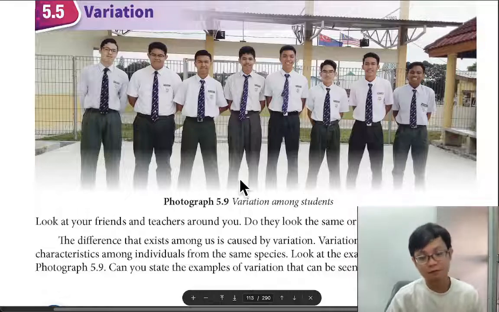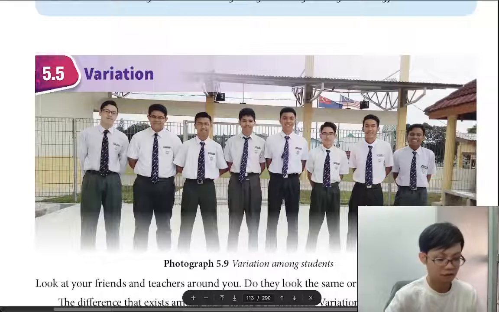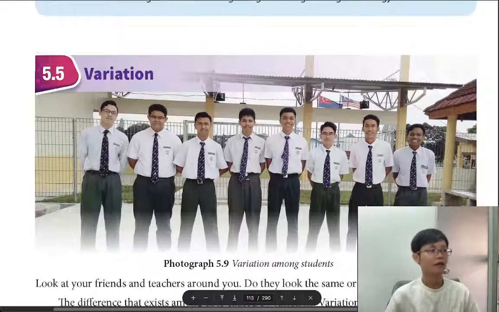Because we know what meiosis and mitosis are. Mitosis forms two identical daughter cells, and meiosis is a process where the cell divides into four distinct cells. So we can see that mitosis forms identical daughter cells, and meiosis, we can see that there are